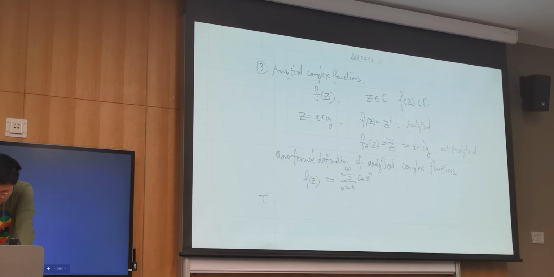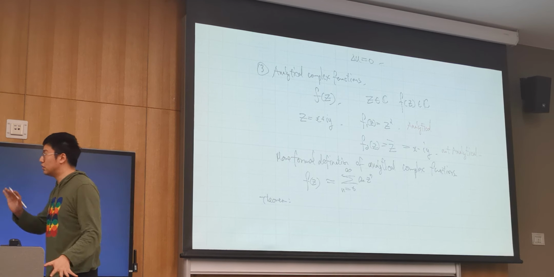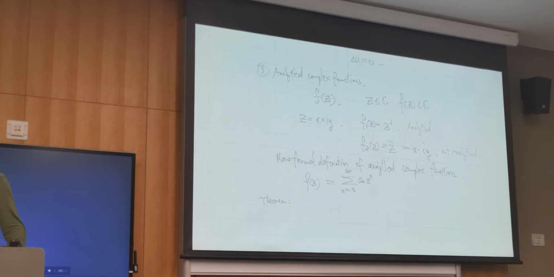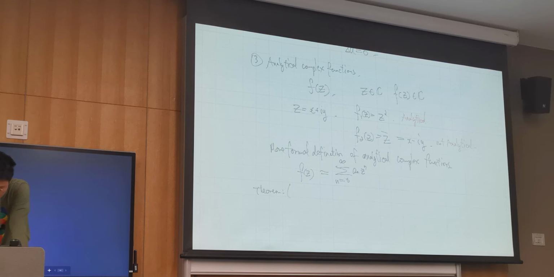Then there's a theorem which I do not intend to prove. It doesn't take a lot of time, but I simply don't want to get into it here because this would blur our main point. So again, the theorem is the so-called Cauchy-Riemann equation. Let's say for any f(z) that's analytical,